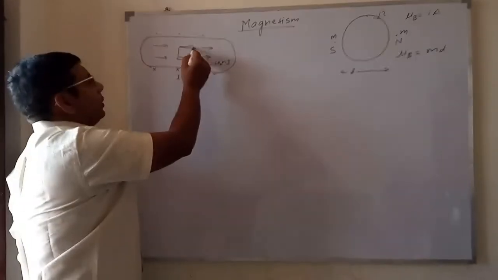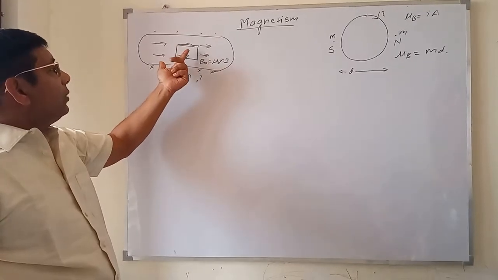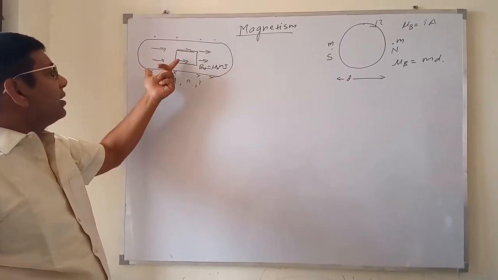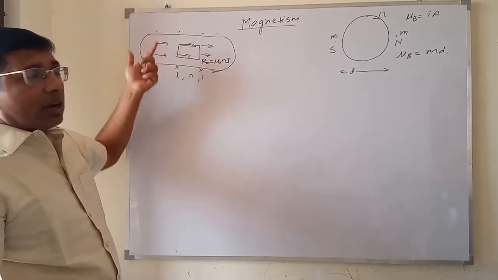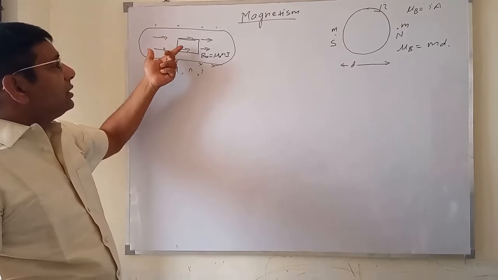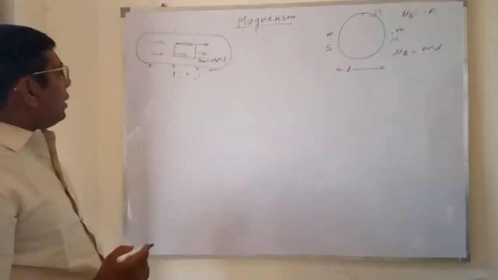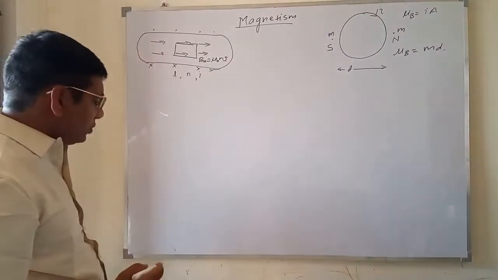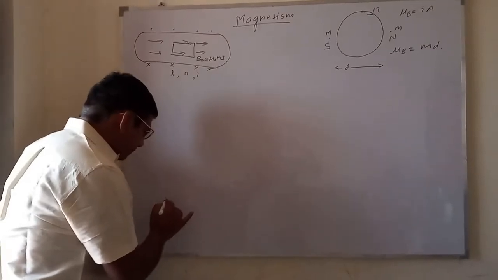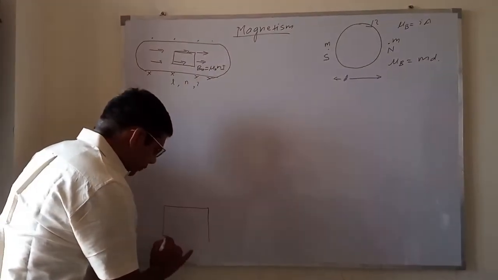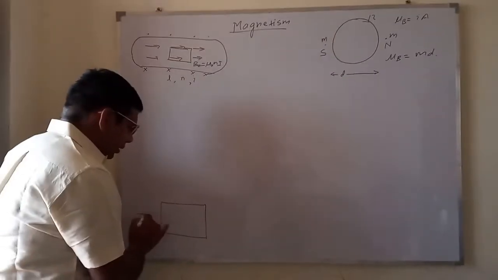If we insert a medium here, like iron particles, or if we keep something like aluminum or any material, then what will be the behavior? The magnetic field density will be more or less. So this kind of study we will now start. Let's see what will happen. Three things can happen. If this is a medium, then what will happen?